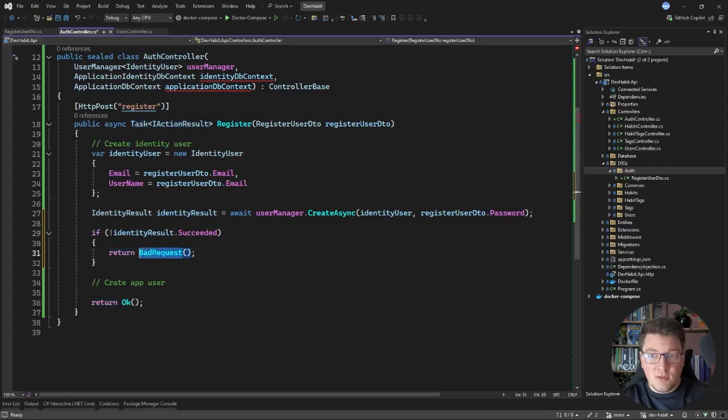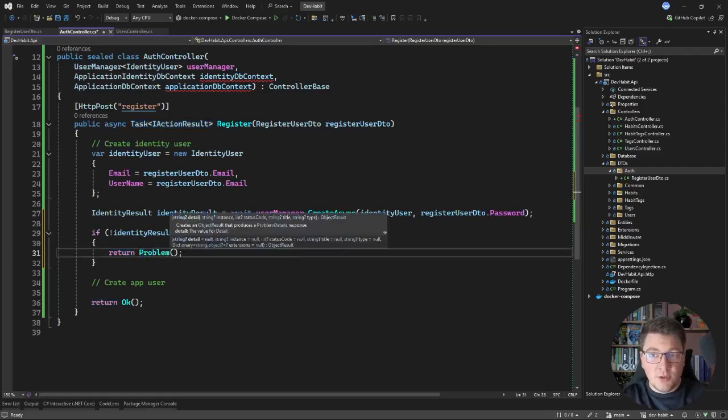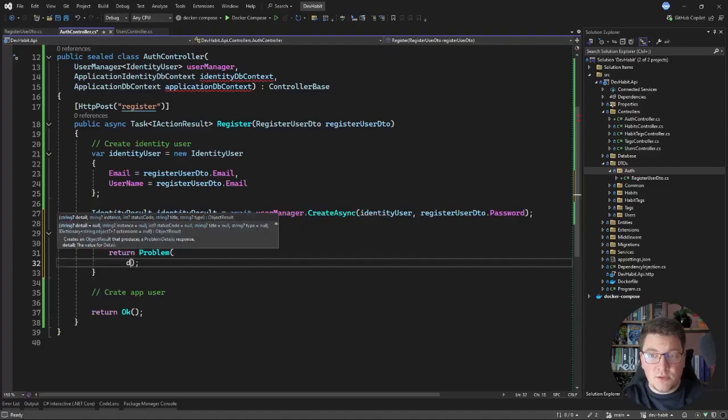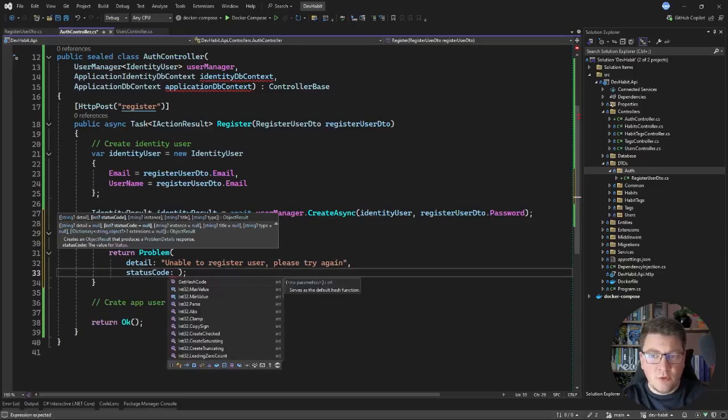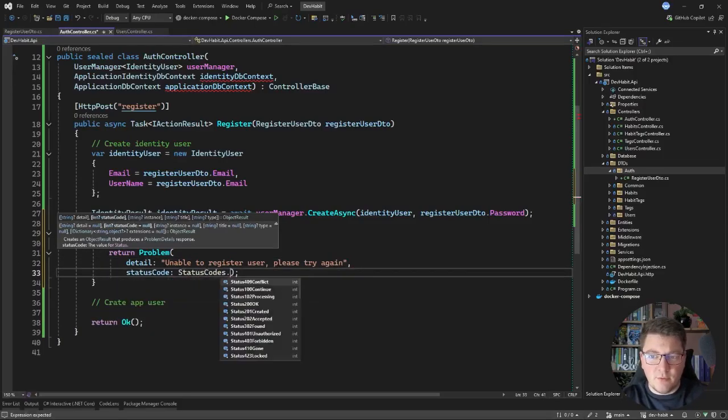Now, because this should be a problem detail, we can return a problem response, and we want to describe why the user registration failed. So let's specify detail and provide a message like "unable to register user. Please try again." For the status code, I'm going to use 400 bad request, even though some other status codes might be appropriate,